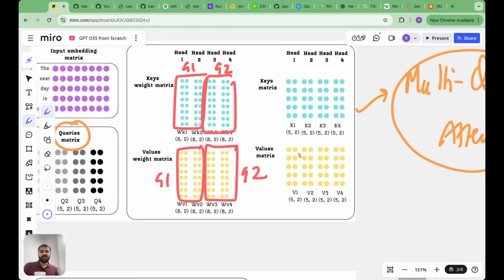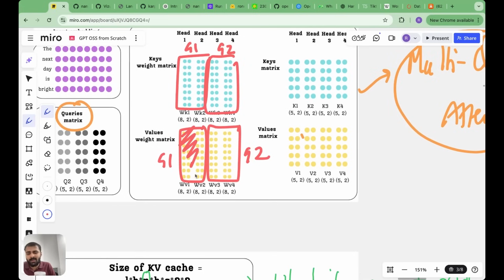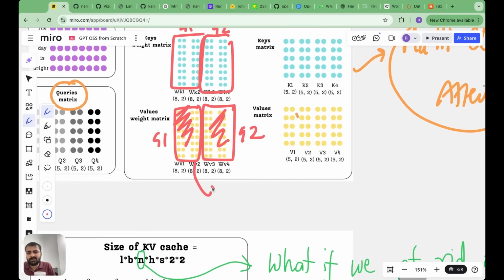So group 1 will share parameters, group 2 will have different parameters completely. So that's kind of in the middle ground between multi-head attention, in which all the heads have different parameters, and multi-query, where all the heads have the same parameters. So here, every group, so group 1 will have the same values, group 2 will have different values. This is called grouped query attention,